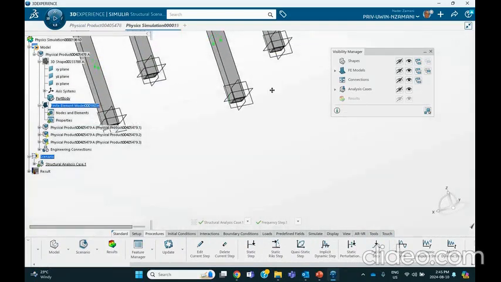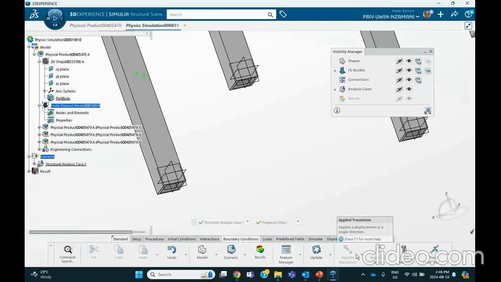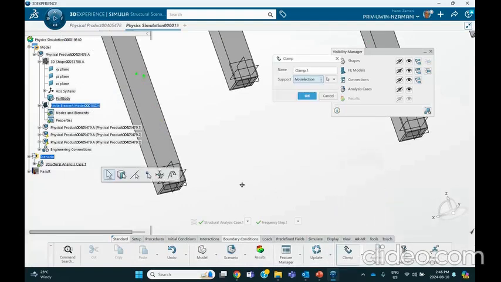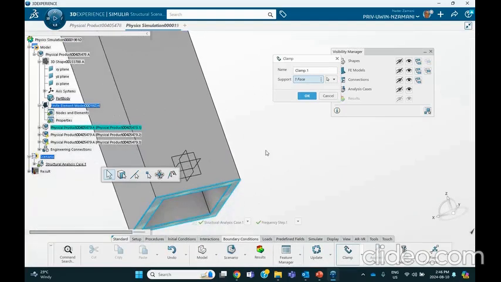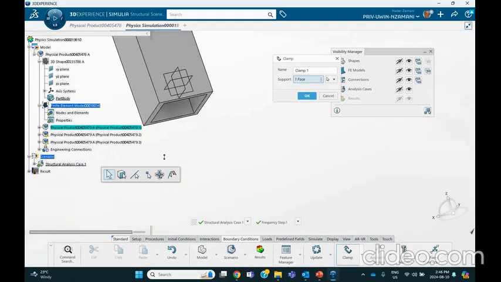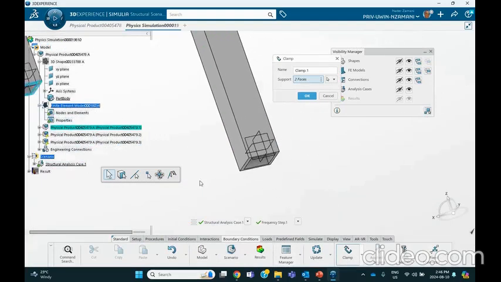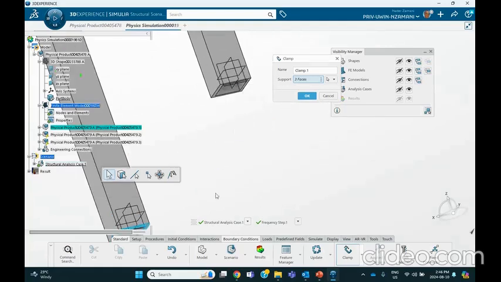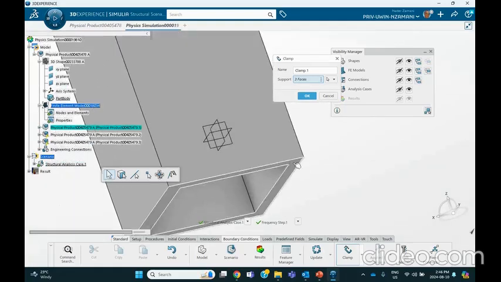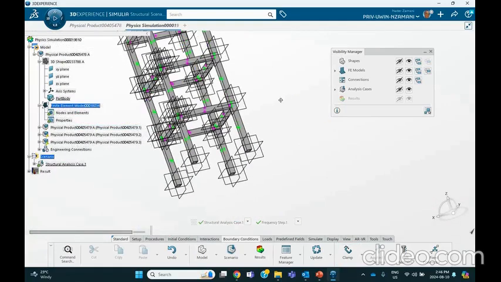Okay, and then we clamp these bottoms. So we go under boundary conditions. You go to clamp and patiently select these pieces at the bottom. This is one. Here's another one. This is number 3. And there's number 4. And then we say okay. And that's it. Because we're doing natural frequency, there are no